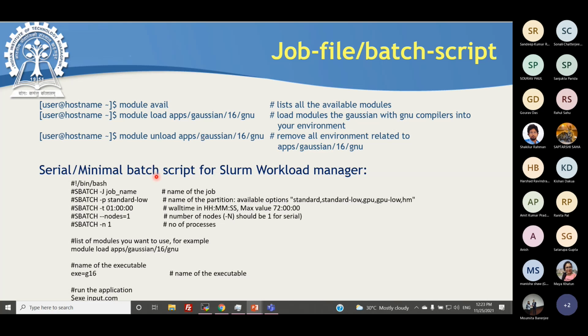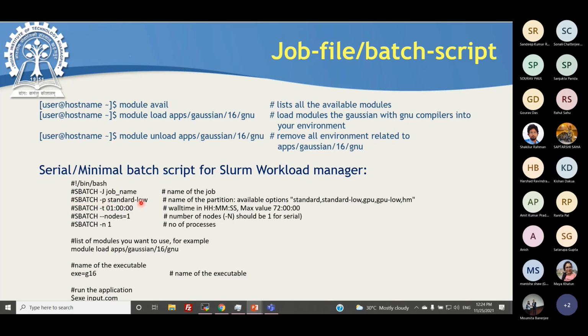So this is the minimal job script, where you can see the first line is the bash shell and the second line is #SBATCH -J job name. That means you can write any job name for your respective job. That area you can change accordingly. The next line is #SBATCH -p standard-low.